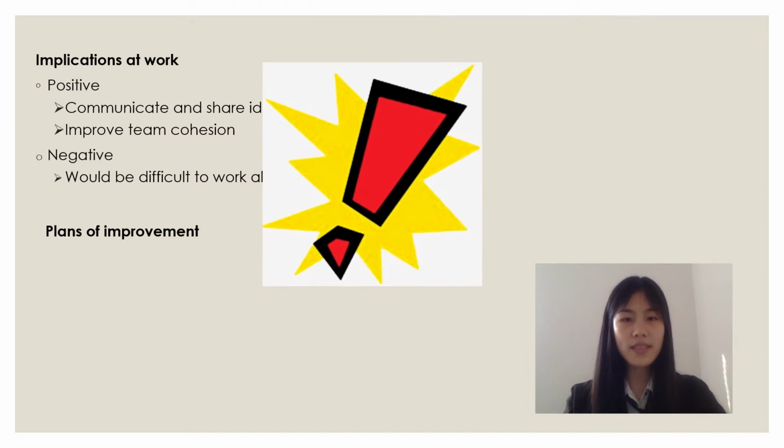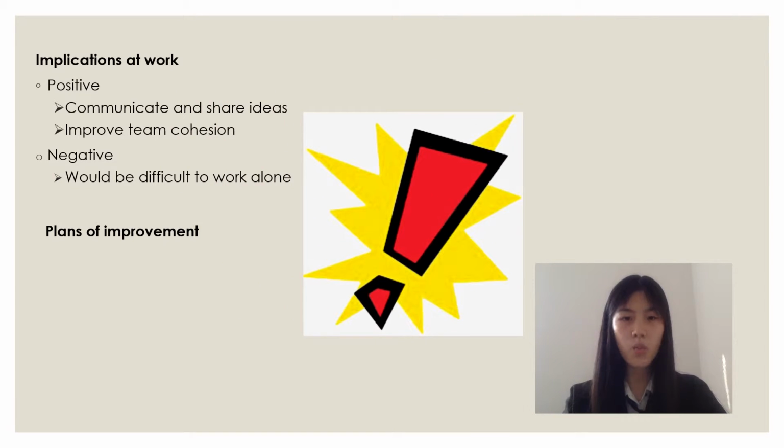However, I have plans to improve my own weakness on working alone. For example, from now on, once I have to work by myself, I'll give myself time to take the initiative to work independently by using critical thinking skills and drawing energies from myself. In order to do this, I would attend lectures on my own and do homework activities on my own. And once it's been done, I will go ask friends and tutors to correct it for me.